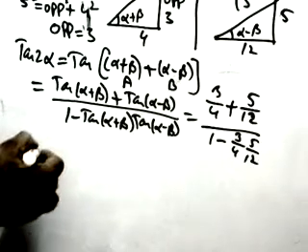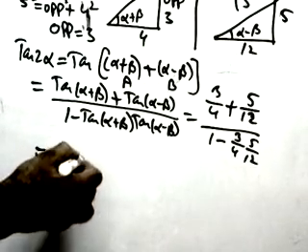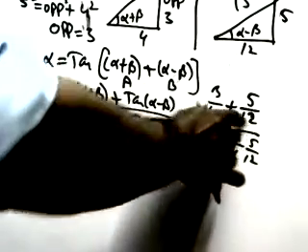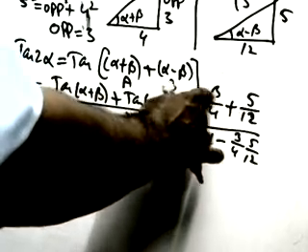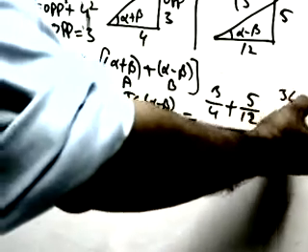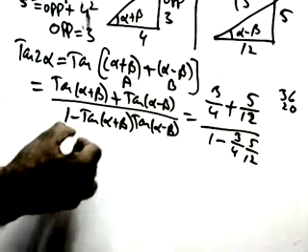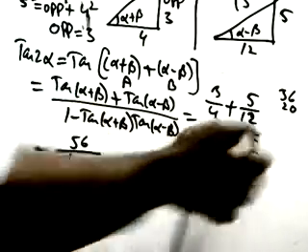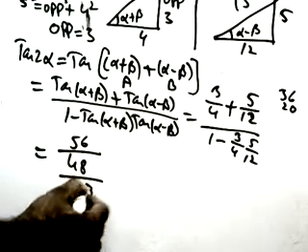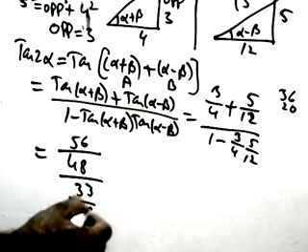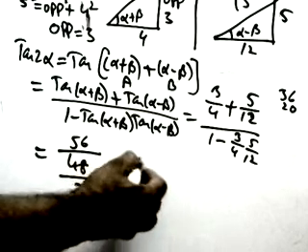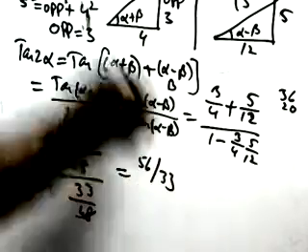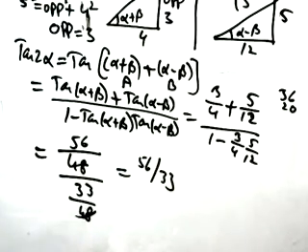So let us take the LCM here. If we take LCM, it will be 48, no? 12 fours are 48. I am taking LCM 48. 3 threes are 3, 12 3 are 36, plus 20. 36 plus 20 is 56. Now if you take LCM, 48 minus 15 is 33. 33 by 48. So 48 cancel. What is left here? 56 by 33. So this is the answer.